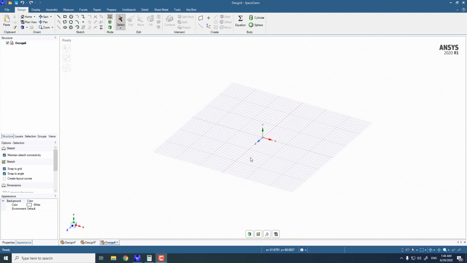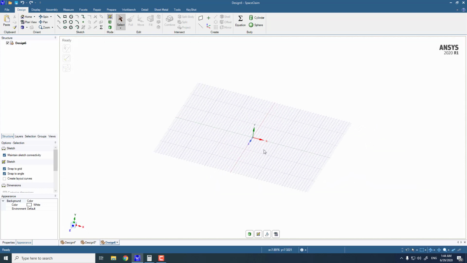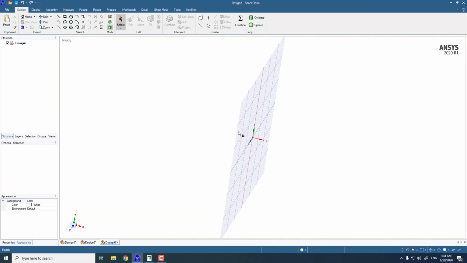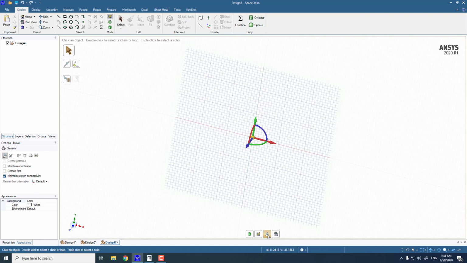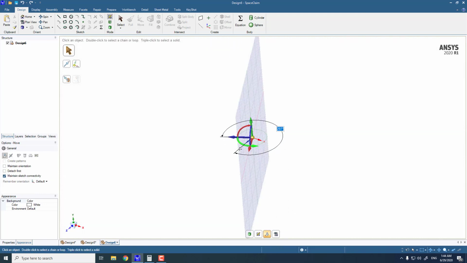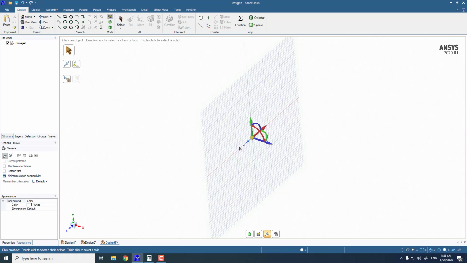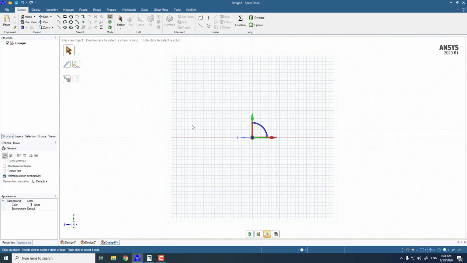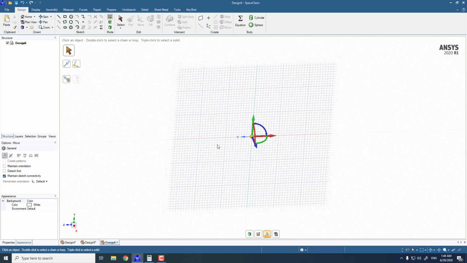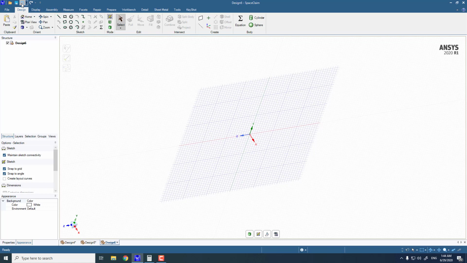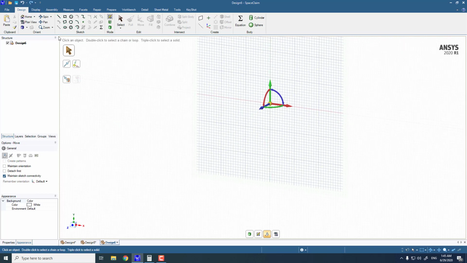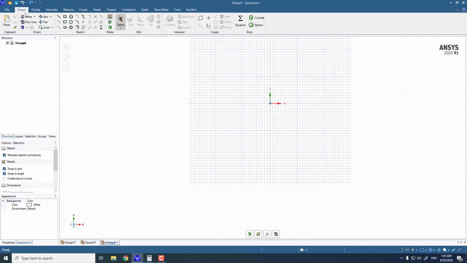Now let's start. If you want to draw your geometry on the XY plane, then you have to make it a plane of your choice. For example, I can make it the XY plane, and if you are not able to select the plane of your choice, then you can move it as per your choice. For example, I can move it over here by 90 degrees, and then I can be in another plane, which is going to be the ZY plane. So again we go back to the original plane, that is the XY plane,